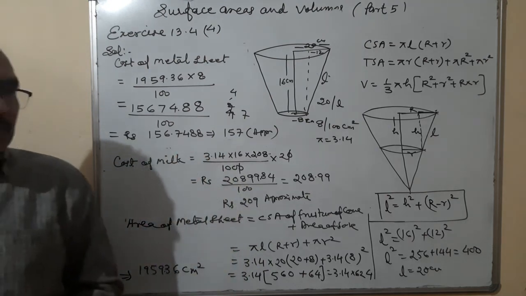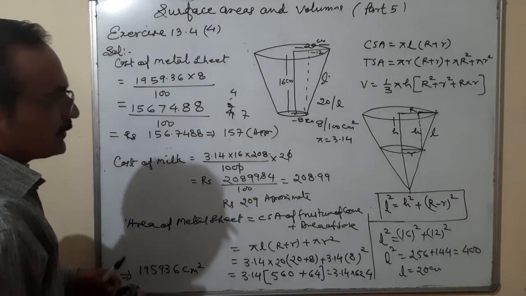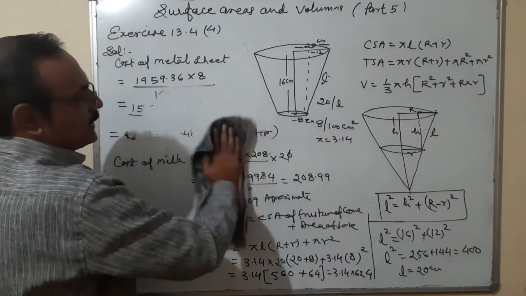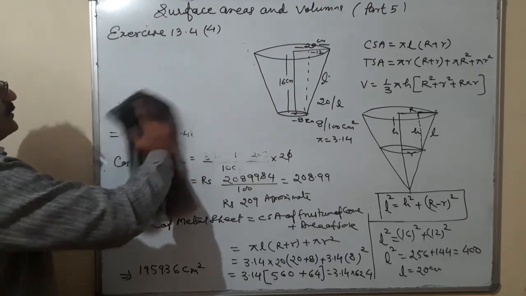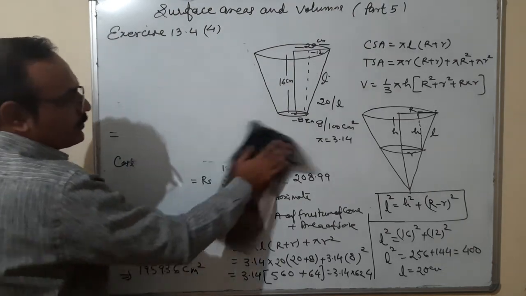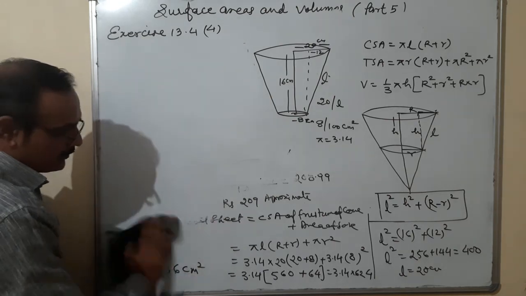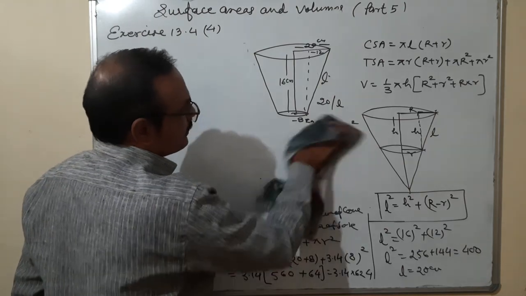Okay. So in this question you have observed one thing, that you have got the slant height, the curved surface area, plus the area of the base, capacity, cost, everything. Okay, so this is the backbone question of this exercise. If you solve this question, I think this is the entire revision of the first term of the cone part.